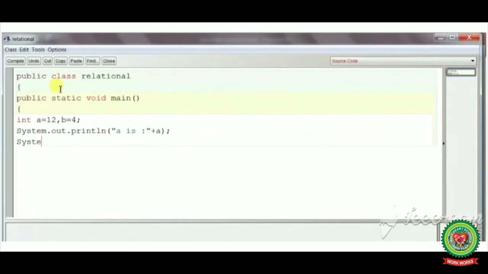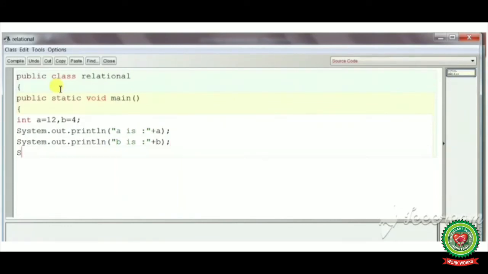Now we will print the value of b. System.out.println, double quote start, b is colon, double quotes close plus b. So here what will happen, firstly b is will be printed on the screen, and after the plus b, the value will be printed like b is 4.